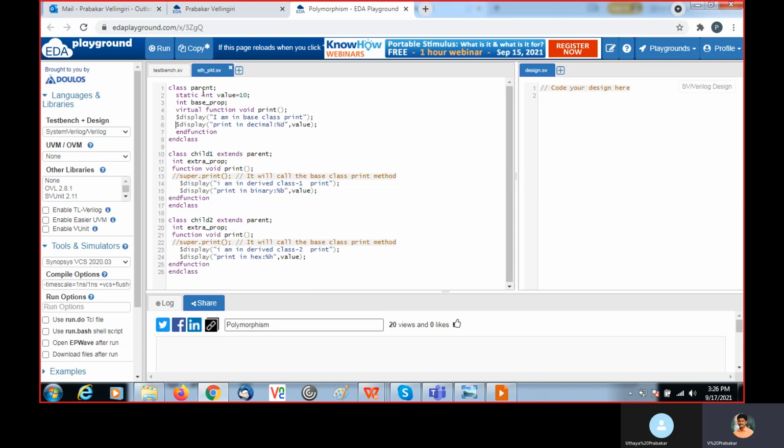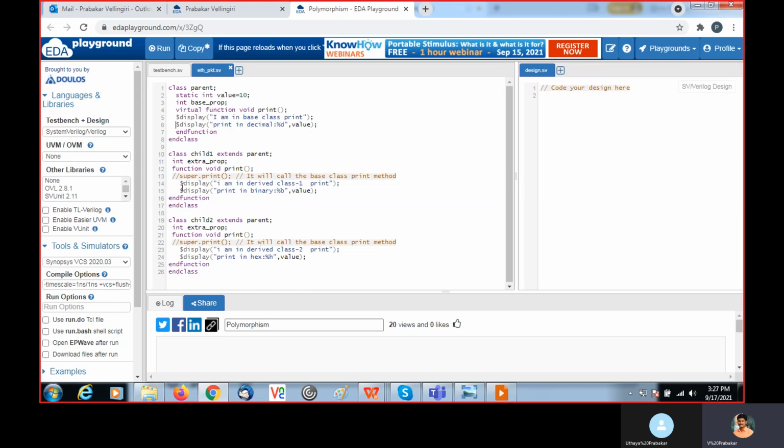Then from the parent class, child 1 is extended. We are inheriting child 1 from the parent. Inside child 1, there is another field called extra property, and here we have a print method. Okay. So it will override the existing print method.